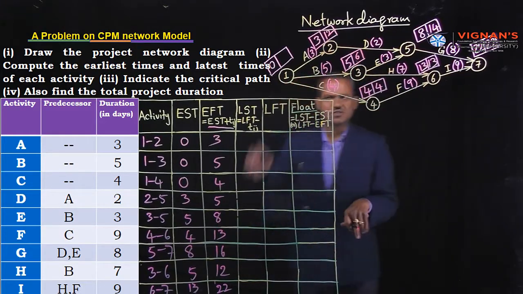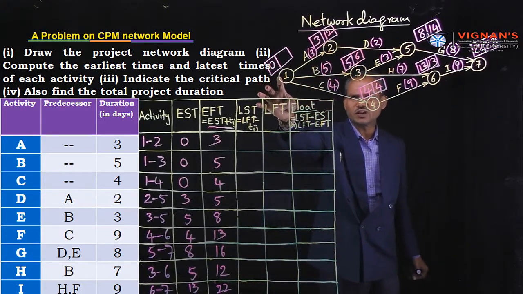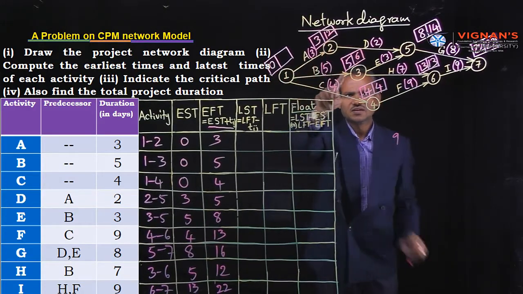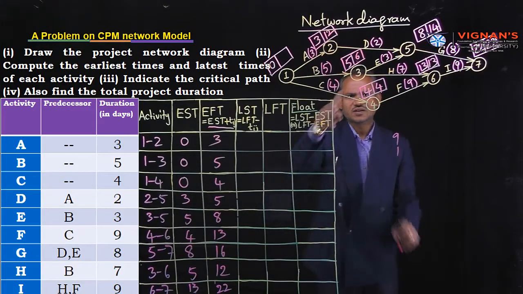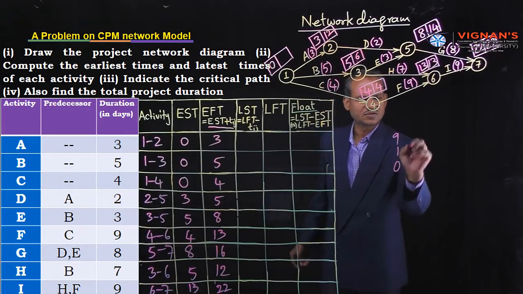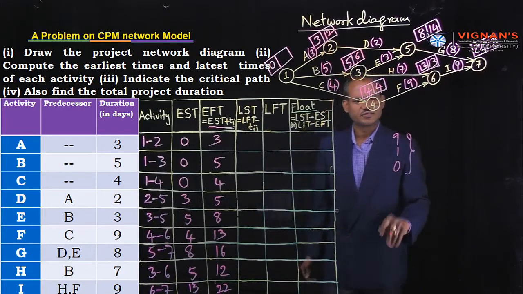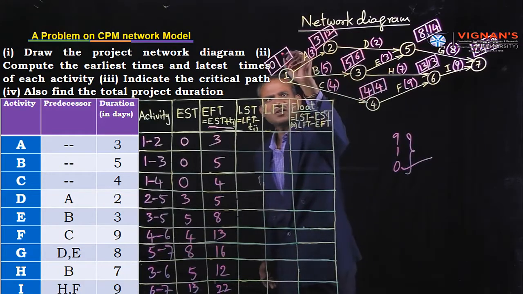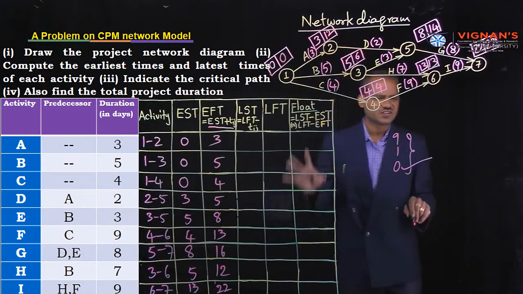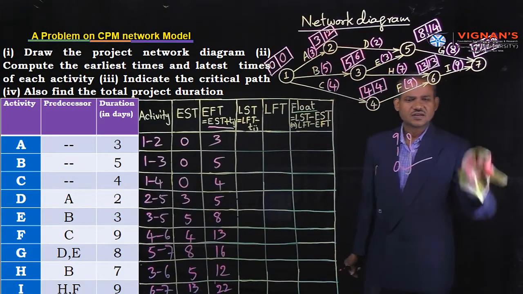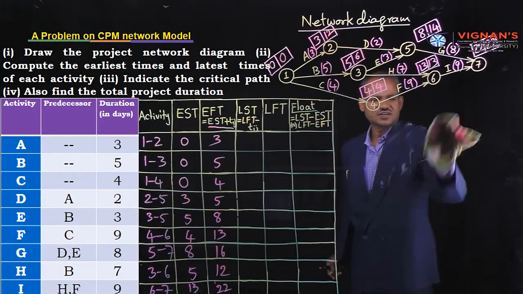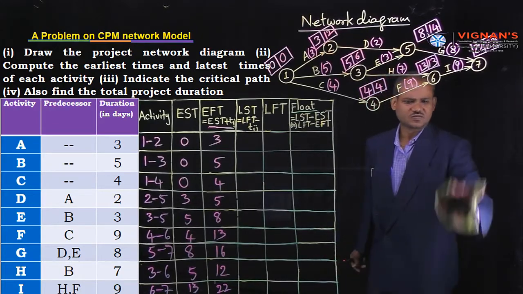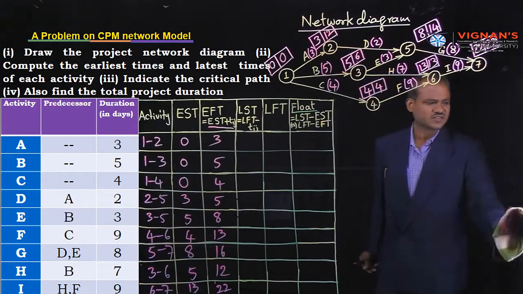Now observe the last event, that is number 1 event. Consider 3 routes. 12 minus 3, 9. 6 minus 5, 1. 4 minus 4, 0. Out of all these values, which one is minimum? 0 is the minimum. So mark that 0. Observe at the junctions. Remember, you have to take care about junctions. At junctions in backward pass recursion, consider minimum value. That is the logic.